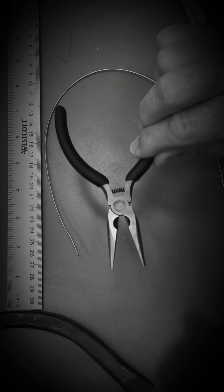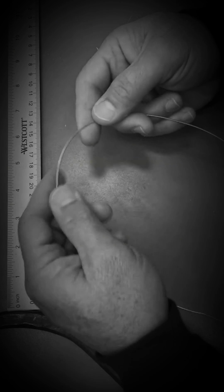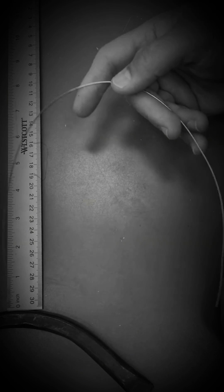Hi, in this video I'm going to teach you how to create 3 different types of loops without any pliers. No pliers needed. The first and probably the easiest loop is to take the wire you're going to use, and depending on the